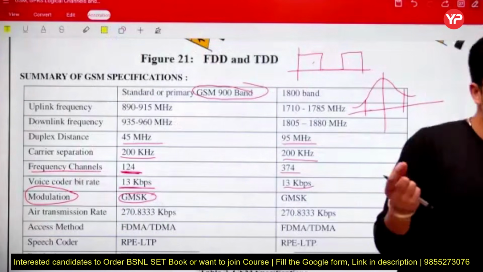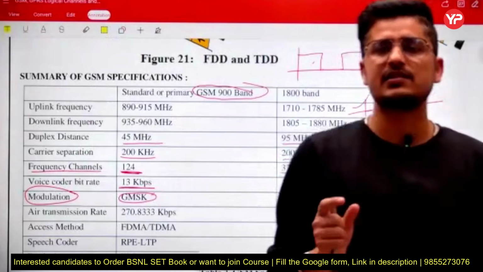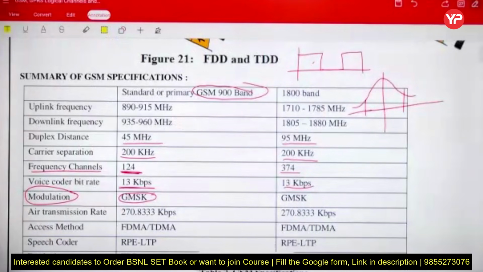Gaussian means that instead of using rectangular pulses, we will use the Gaussian pulse, the bell shape pulse, to represent the zeros and ones. And MSK is a special type of